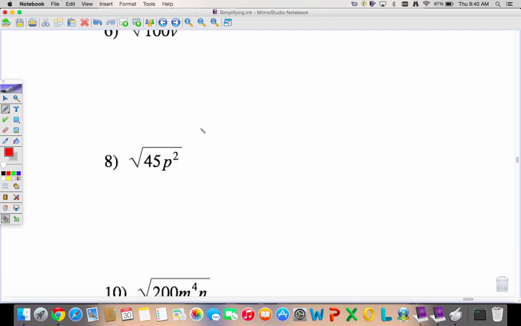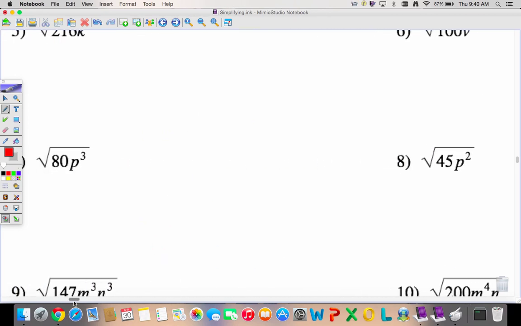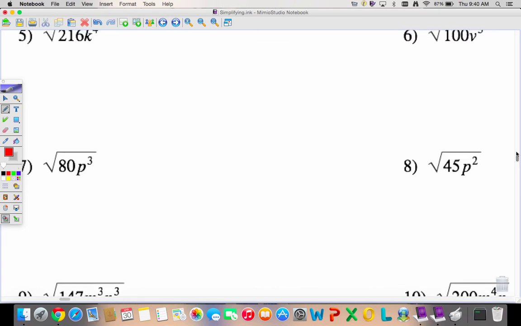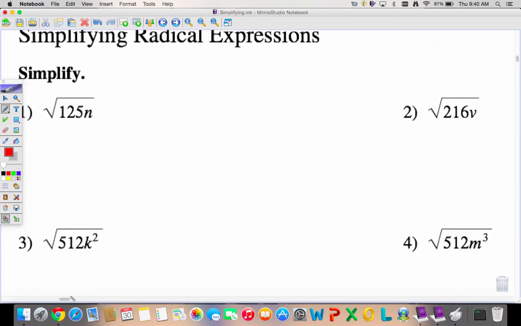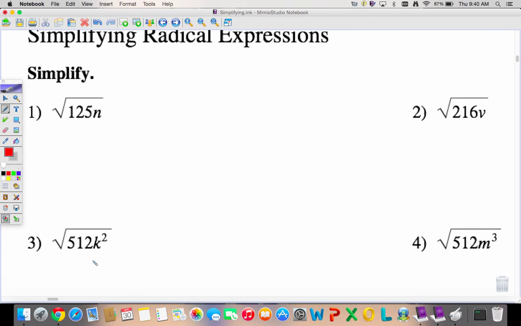Alright, flip it over. I'm going to do a couple more now with variables, and then you will work on the rest of this worksheet. So on the next page, I'm going to go ahead again and do the odds,